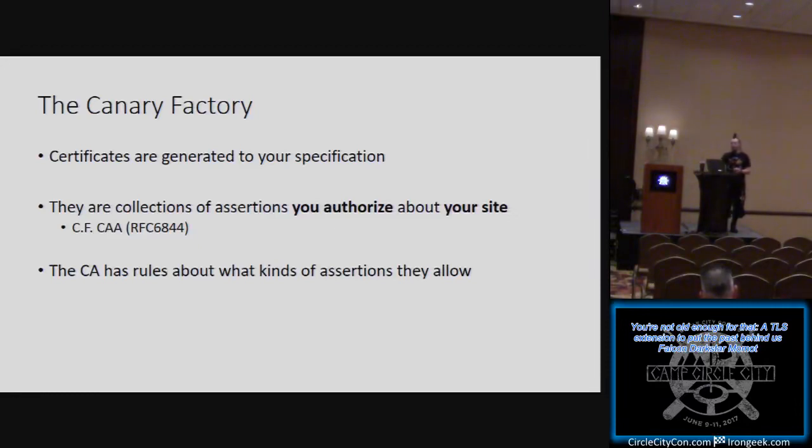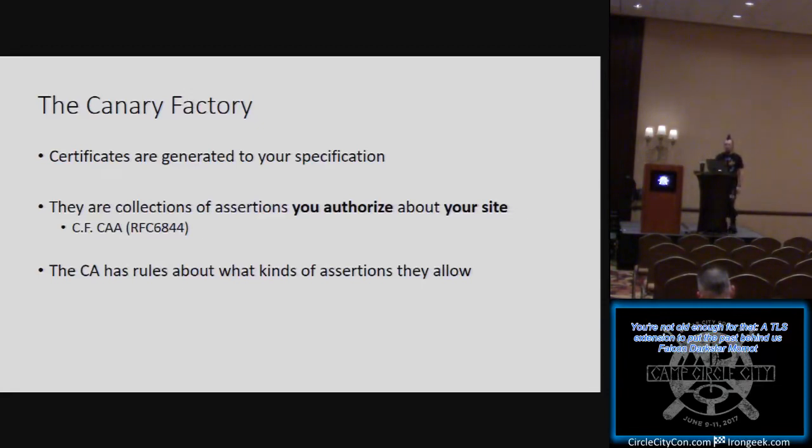Before I alluded to the CAA extension, it is called Certificate Authority Authorization, if I recall, and it's a new one. It is mandatory as of a few months ago for certificate authorities to support it. It allows the site operator to specify the following certificate authorities are allowed to issue certificates for my site. No one else may issue certificates for my site that are valid. And by the way, also potentially here is my own certificate authority account number, so that even if you know who my CA is, you can't social engineer them, or very easily social engineer them, into issuing a certificate for my site. It's optional for website operators for obvious reasons. I expect it to become more and more of a thing in the future.